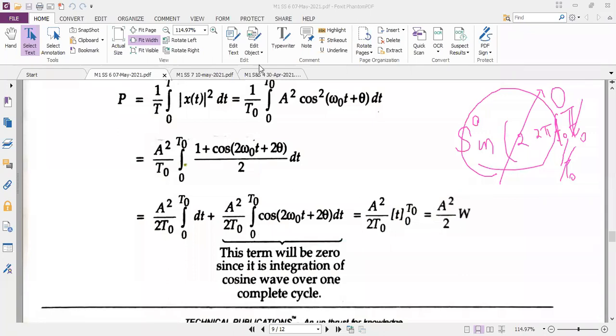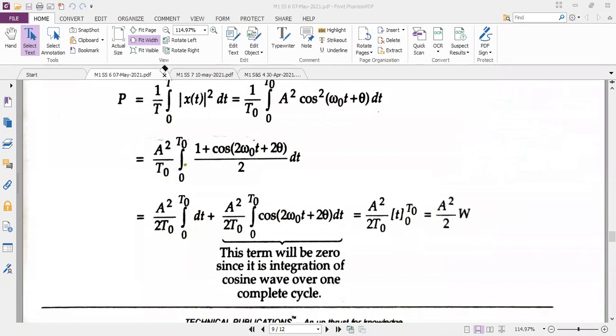So it is power, and you should write it with units: A square by 2 watts. I want you to solve it later. I hope you have written the question; just leave a space for this problem. The important thing here is that we changed the limits, minus T by 2 to plus T by 2, as 0 to T, and later T is changed to T naught. And without performing the integration of cos, I made the second term 0, because once I substitute the limit, I will get sine 4 pi like that. Ultimately sine of any number multiplied with pi is 0.